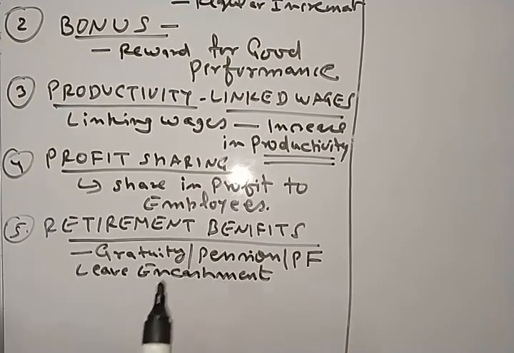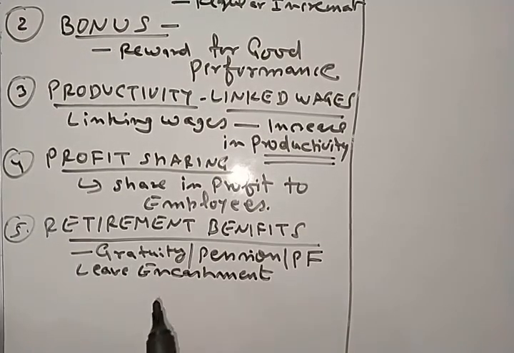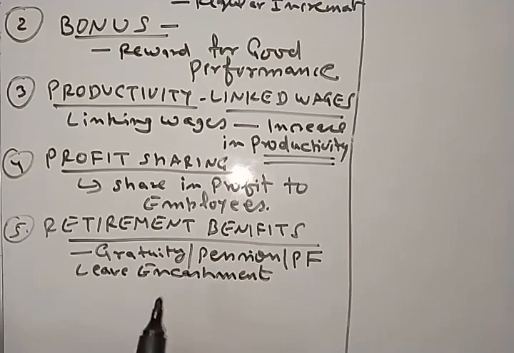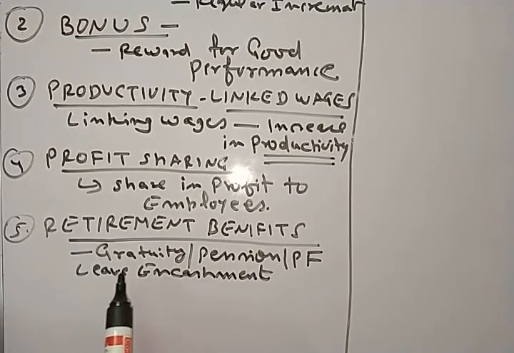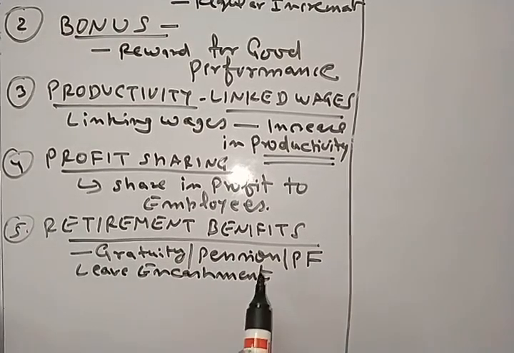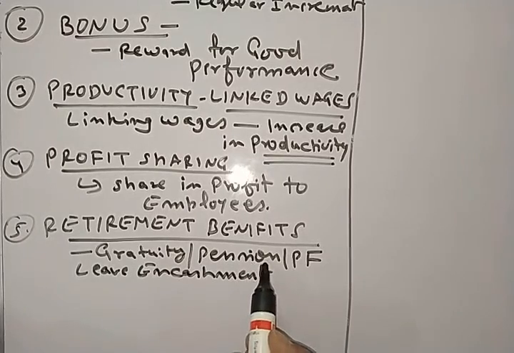Gratuity is that amount which is paid at the time of retirement. This is paid to the retiring employee who has given his precious time of life to an organization. So for every year, a certain part of his wages or salary is calculated as a part of gratuity. Pension is the benefit because after retirement the employee does not get salary or wages, so he or she is given a pension, right?